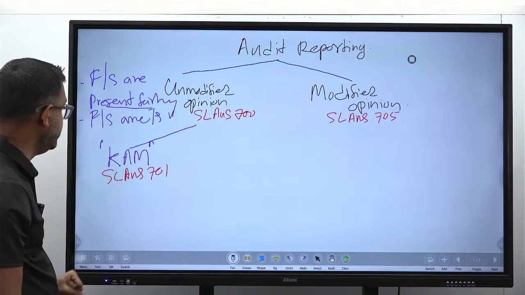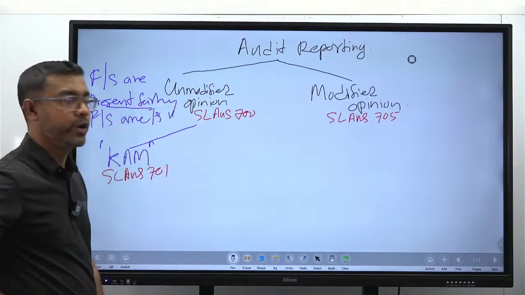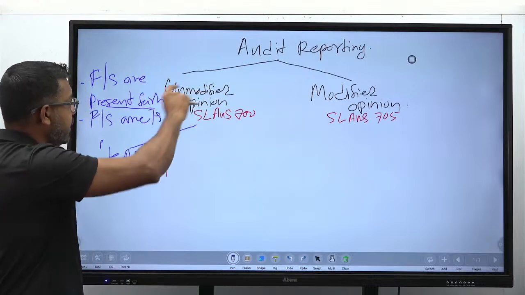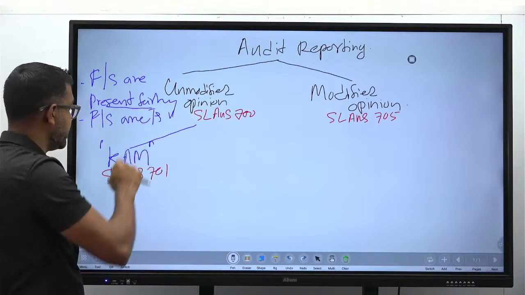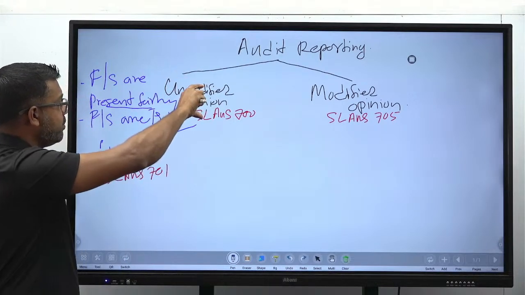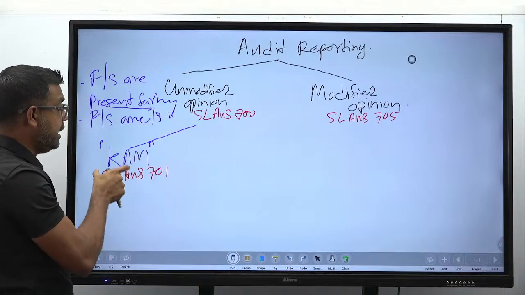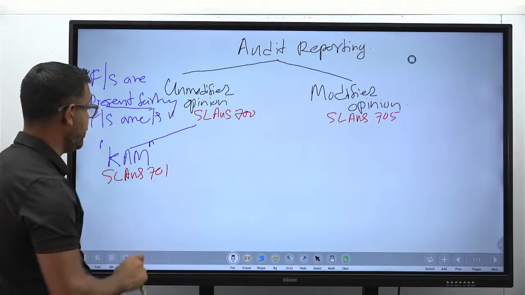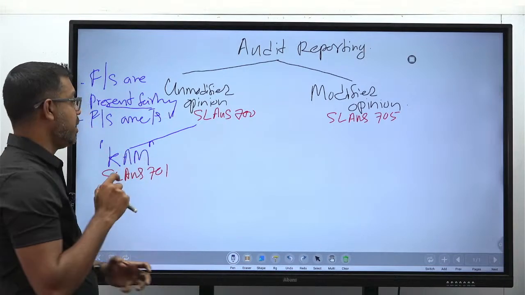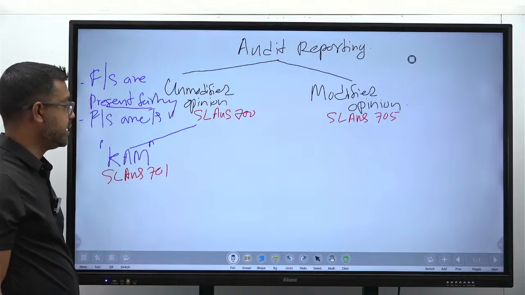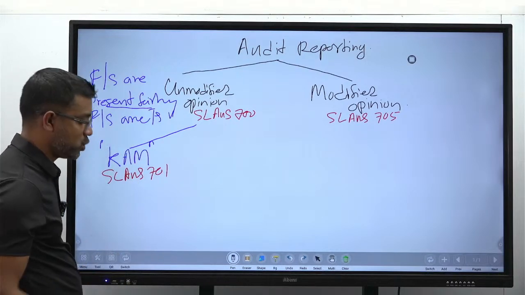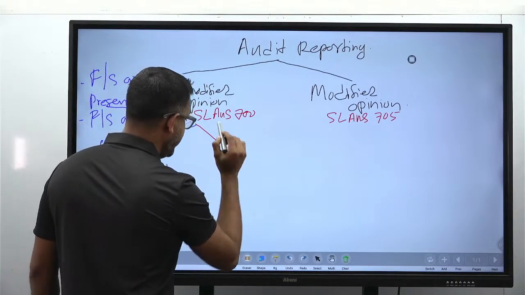CAM is not a modification to the audit report. That's why I have taken it under unmodified opinion. Even though you deliver an unmodified opinion, you will include a key audit matter paragraph in your audit report. How do you include it? It is explained in SLAUS 701, which we have to discuss today in our session. Another element